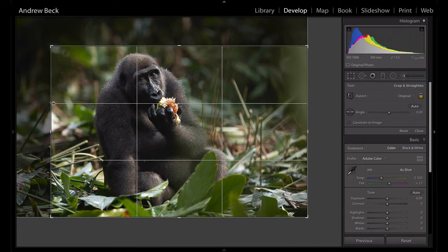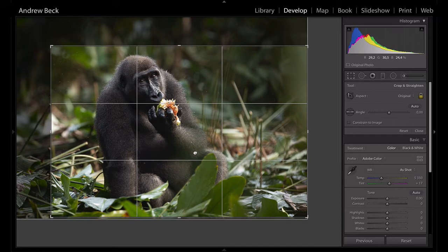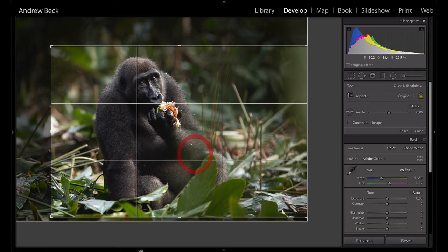So for example, these two sections over here, those little shoots of the Marantaceae leaves that have come through here, the Marantaceae plants rather, I'm going to remove those. I'm looking at this little highlight that's right down at the bottom here, taking that out. And I think from a composition point of view, I quite like that. The rule of thirds subject is just off